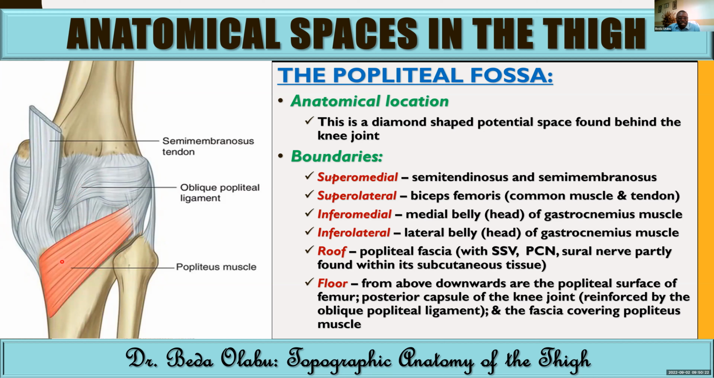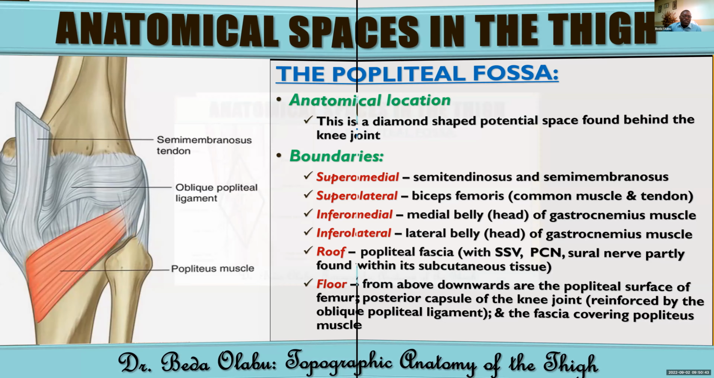Going down, there's a muscle there called popliteus muscle. This muscle is usually covered by a fascia. So the fascia that covers popliteus muscle is also part of the floor of the popliteal fossa. Those are the structures which form the floor of the popliteal fossa. So that's the fossa